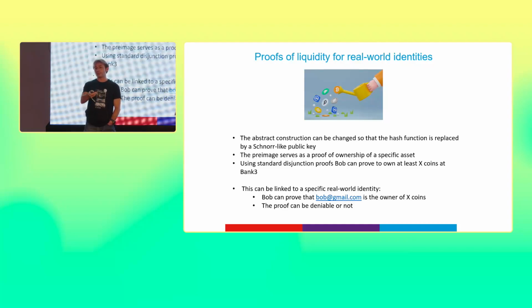Cryptographically, this would mean, if you have an interactive proof, the proof will only convince the verifier. So the verifier cannot pass this knowledge to someone else. So it's convinced that Bob, for example, holds 10 ethers or 10 tokens, but cannot pass this information to Charlie. Or you can have a transferable proof. Bob wishes to prove to everyone, a universal proof. Bob could wish to prove to everyone that he holds at least X coins at the Bank3 smart contract. And these proofs are very, very efficient.